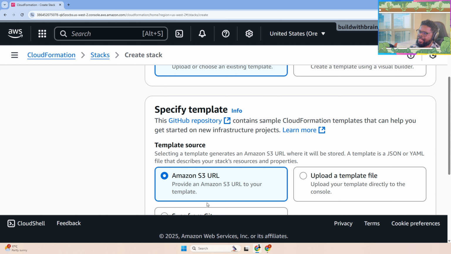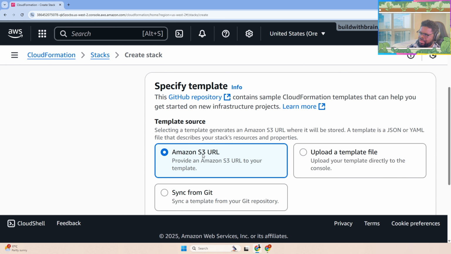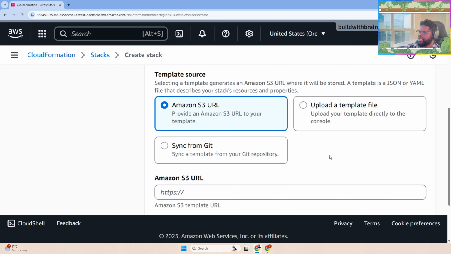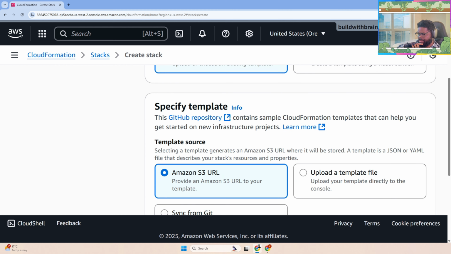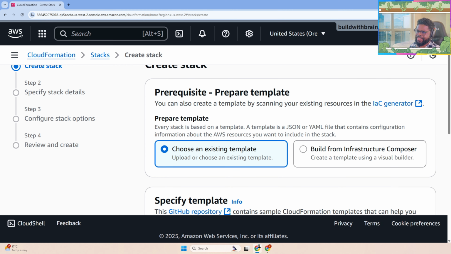Because ideally, there are many ways, it's a template. So in most cases, the template is already in an S3 bucket, so you can upload from S3. You can upload a template. You can sync from Git. There are just many options here, right? You can have an S3 URL to bring it in. But in this case, because I already have a file that I want to paste, what I'm going to do